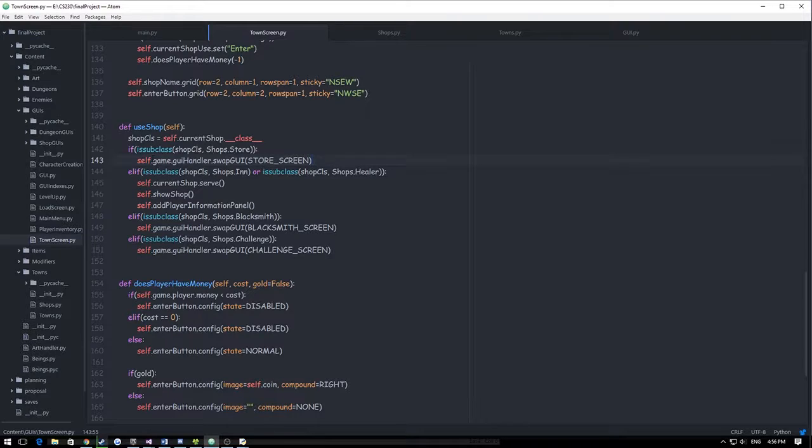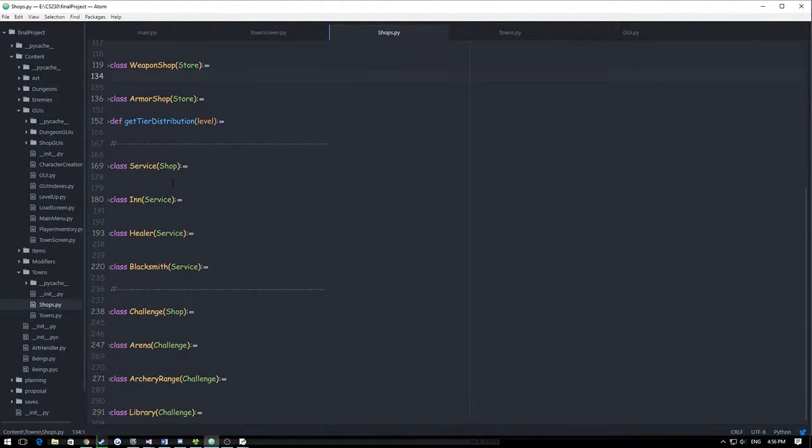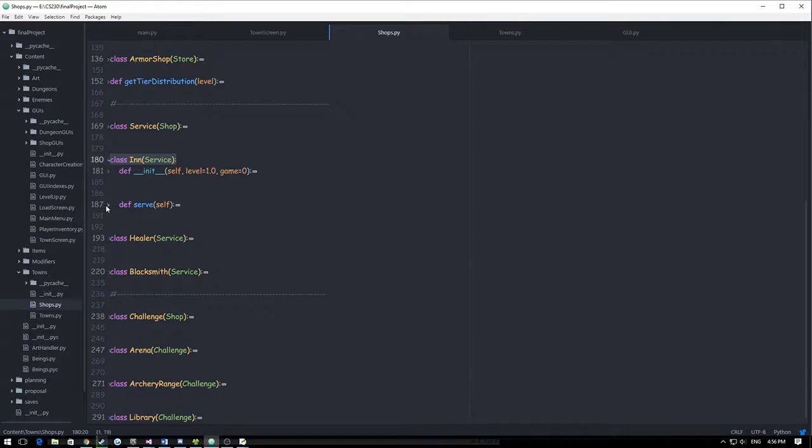All right, so if we clicked on a store and we clicked on the enter button, we swap the GUI to the store screen. That's something we've gone over before. Pretty simple. If it's an inn or a healer, then that shop will have a serve method. We can show the shop again and add the player information panel because the serve, let's just go to the inn, serve,